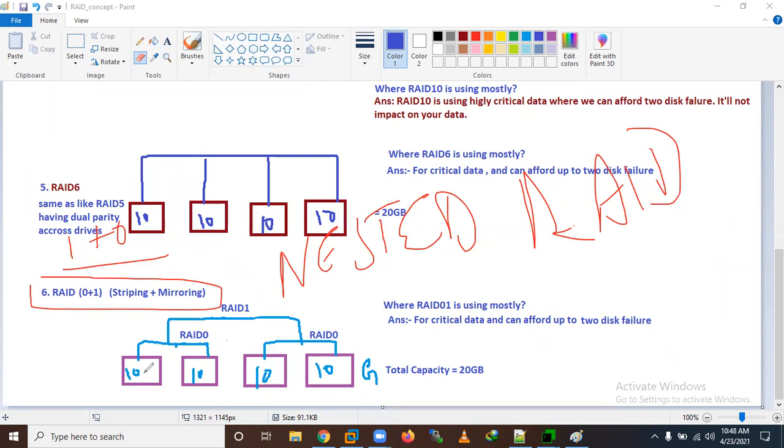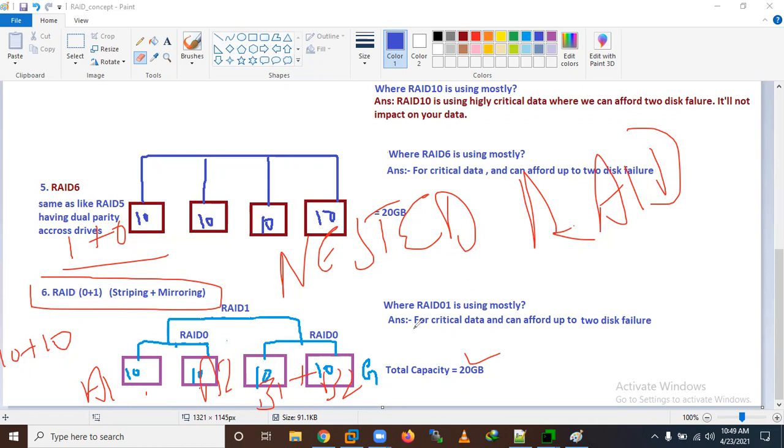Now here, first it will make a block. Here data is written in a block, data is written in striping. So A1, A2. How much total capacity will we get here? Complete capacity, 10 plus 10, 20 GB. Same here, let us suppose data is written here, B1 and B2 block data in striping. After that, make a RAID 1. RAID 1 means shadow copy. So now it is 20, 20, again you will get 20 GB. So again it's called a nested RAID also. These RAID 1 plus 0 or 0 plus 1 we call a nested RAID also.